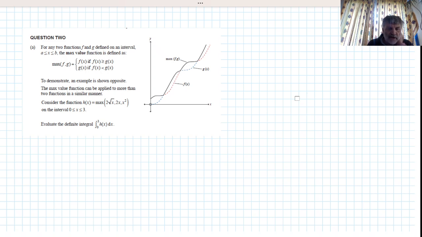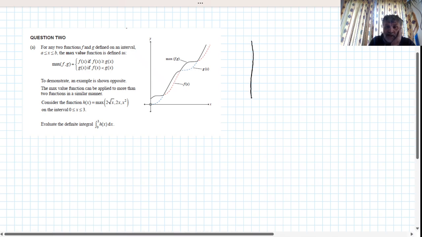It says consider the function h of x, which is the maximum of 3 functions, 2 root x, 2x, and x squared on the interval from 0 to 3. It says evaluate the definite integral on that same interval, 0 to 3, of h of x, this maximum function. So what we need to do for this is determine for which intervals each function is the maximum. So if we started with a graph,